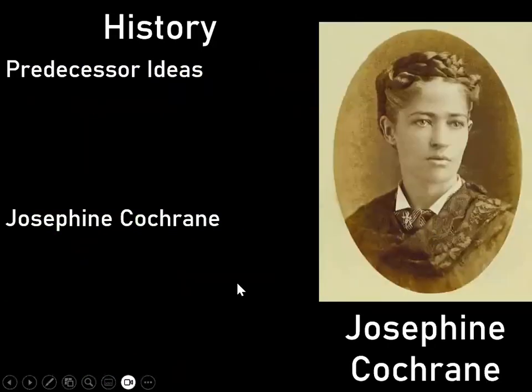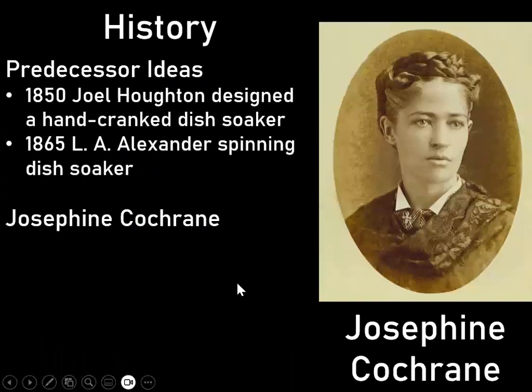All right, so history. There were a couple of predecessor ideas, 1850, 1865. They were like these dish soakers. I'll show you guys the patent schematics for those too. But they weren't really like the modern dishwasher. It was just, well, we're going to have these dishes soaking in this water, maybe have a bit of motion, but they didn't really work. They didn't really take off. They weren't effective. It was just better to clean your dishes by hand. But the story really comes